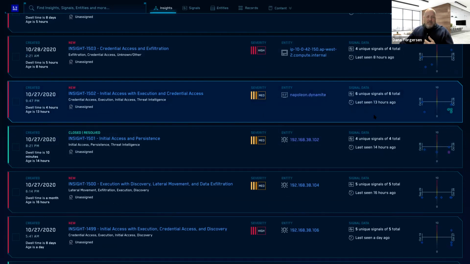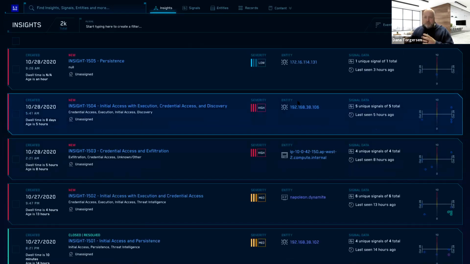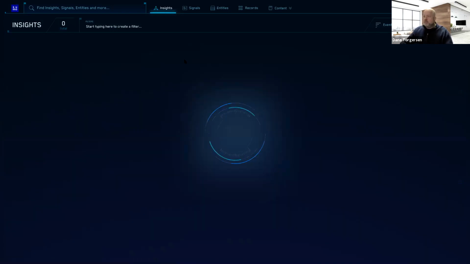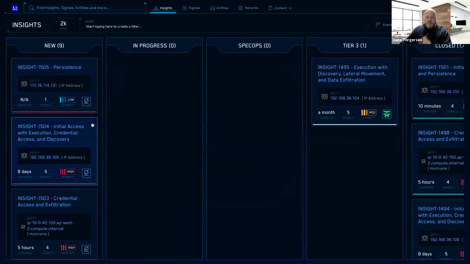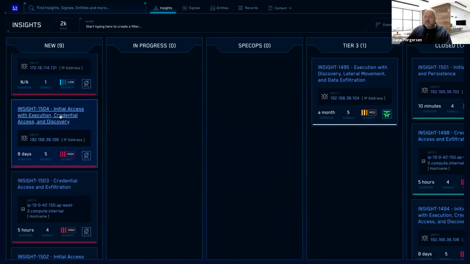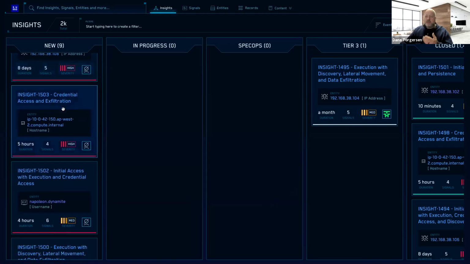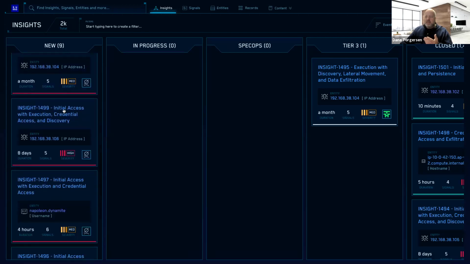We attach an entity, which could be an IP address, URL, or host name, to every single signal and insight that is created. This is what allows us to tie everything together with the data that you've brought in. So when I'm looking at new, I could be glancing at all these different insights, each one with a uniquely generated name, so it's easy to reference, as well as the tactics, techniques, and procedures that were used in this particular